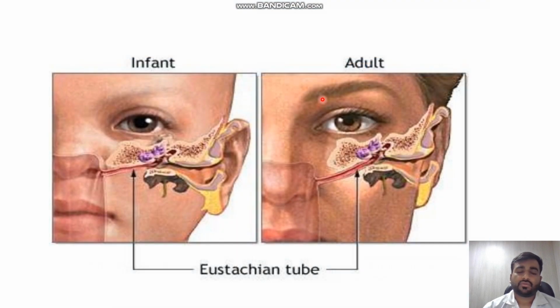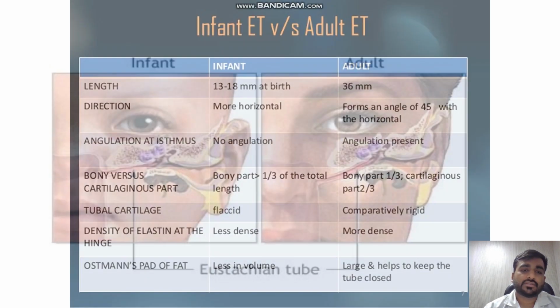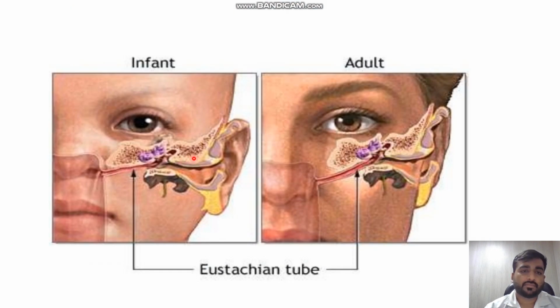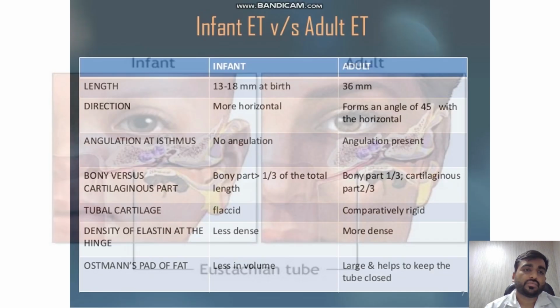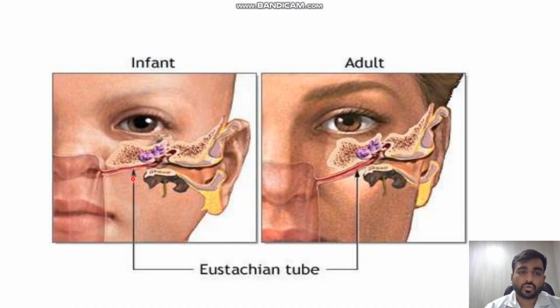Now we are discussing the difference between the infant Eustachian tube and the adult Eustachian tube. The infant Eustachian tube is 13 to 18 mm at birth, and the adult Eustachian tube is 36 mm long. In the infant Eustachian tube there is no angulation, but in the adult Eustachian tube there is angulation at 45 degrees to the horizontal plane at the level of the isthmus. The infant Eustachian tube is, as we say, more horizontal in direction,